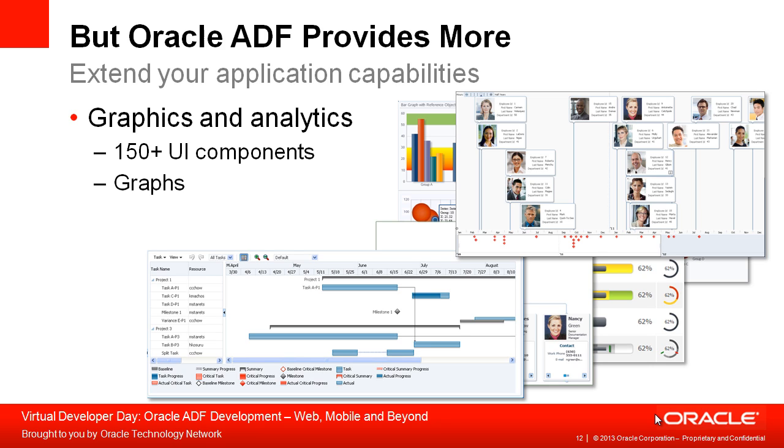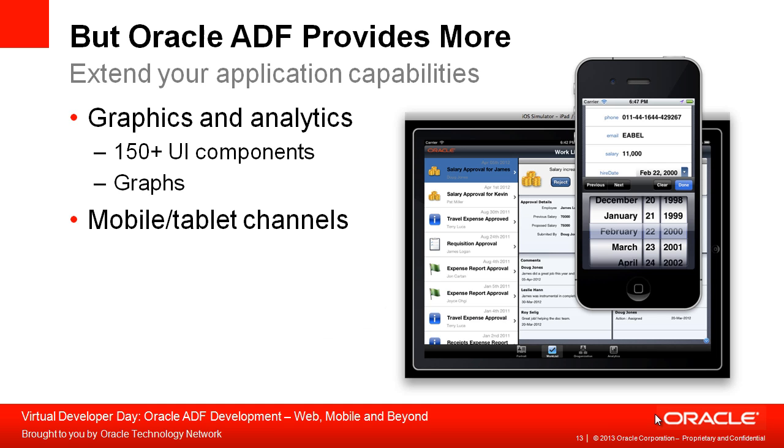So again, in the forms world you were pretty much limited to presenting as a form or as a multi-row block. Here we could present information in a way that maybe is much more engaging to the user. And again, this comes back to this point about embracing change. You have much richer capabilities within ADF, and how can you exploit those capabilities if you're choosing to move from forms to ADF?